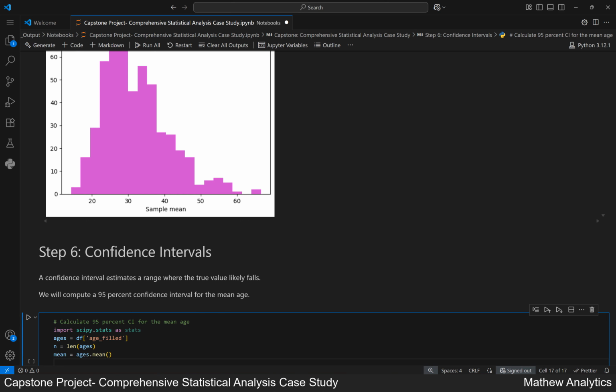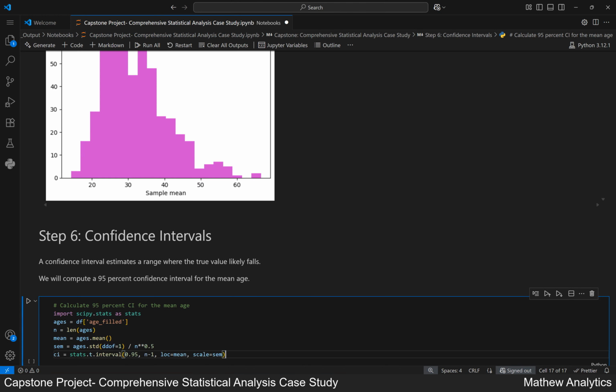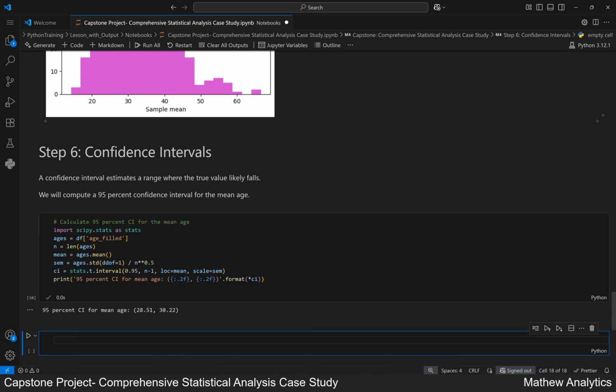We calculate the standard error of the mean using the sample standard deviation divided by the square root of n. We calculate the 95% confidence interval using the t-distribution with n minus 1 degrees of freedom. We print the lower and upper bounds of the confidence interval formatted to 2 decimal places. Running the cell now. This output shows the 95% confidence interval for the mean age, calculated from the filled ages